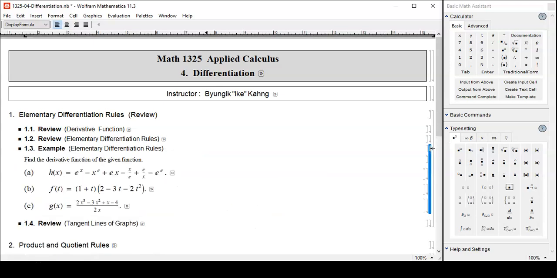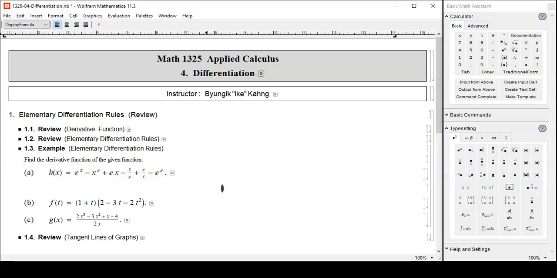Let's go ahead with some example problems, even though some of them may be reviews. Okay, let's have some preparation. h of x is e to the x power. Okay, that's good. And then x to the e power. Again, that's good because this is exponential and power. And then ex. That's okay too, but let me emphasize that this is a power rule, so x to the